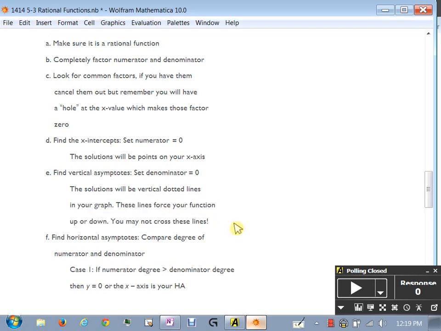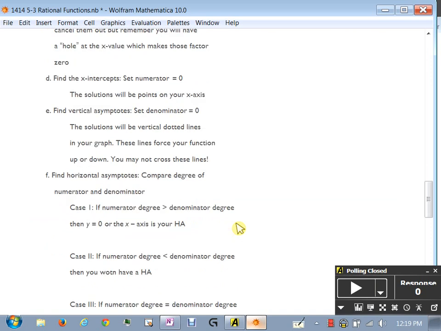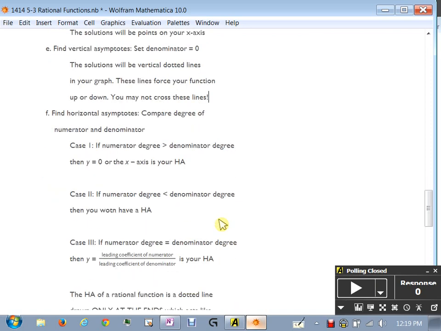After you've done your vertical asymptotes, you now do your horizontal ones. And this we haven't talked about, like how you can determine where they are. Here's how it's done. There are 3 cases for the horizontals. First case, you look at the degree of the numerator and denominator. If the degree of the numerator is bigger than the denominator, this